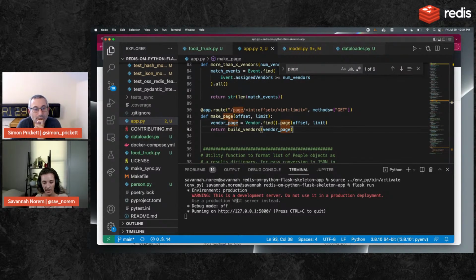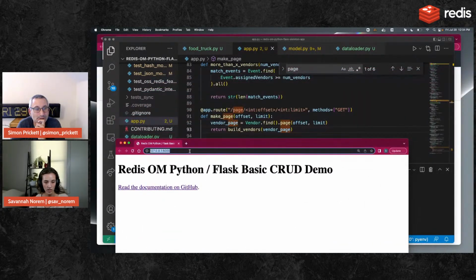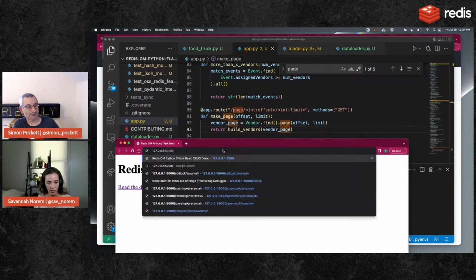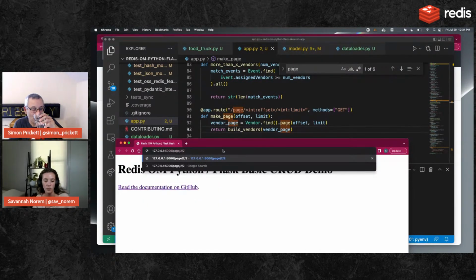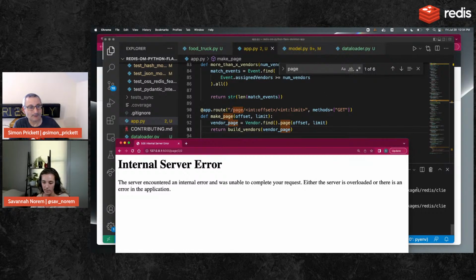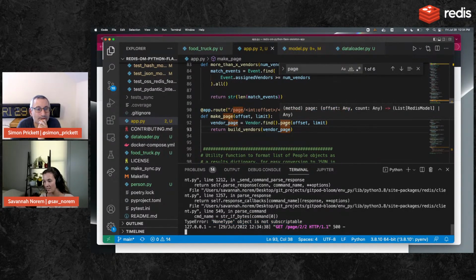So now that I did Flask run, when I click there, I'm not 100% sure that this is populated data, but you can see here where I've tested before. NoneType object is not subscriptable. So you can see I haven't actually loaded the data for this time,